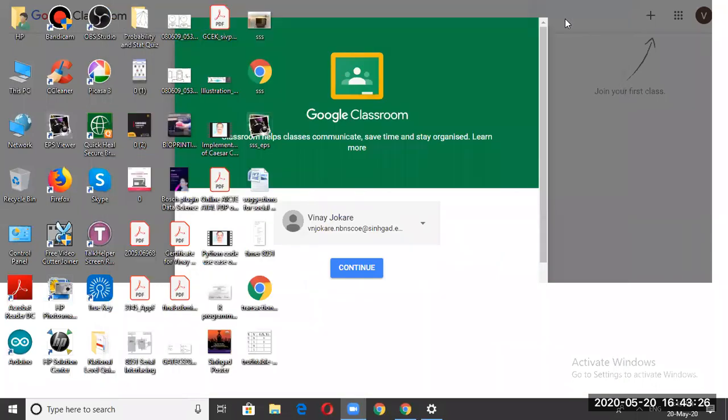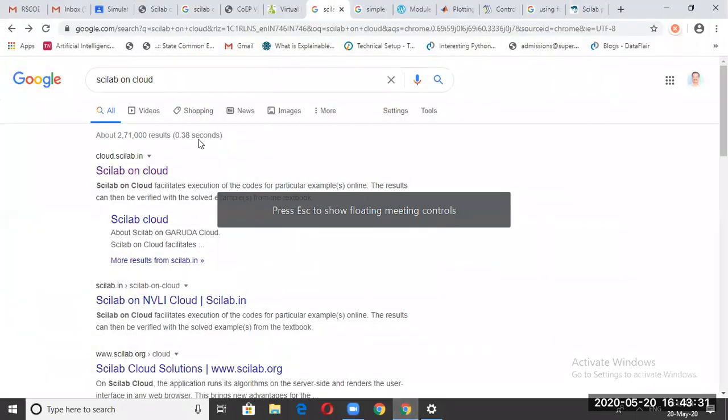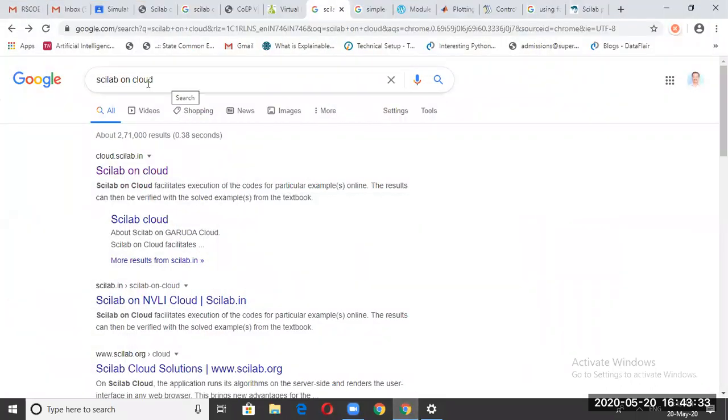Now, what we are going to do is, we are going to open up Scilab. For that, you have to type Scilab on cloud in the Google search engine. Or if you type cloud.scilab.in into your URL, that is here in the address bar, even that will do.